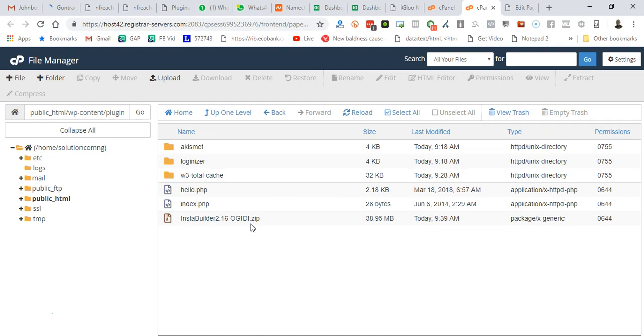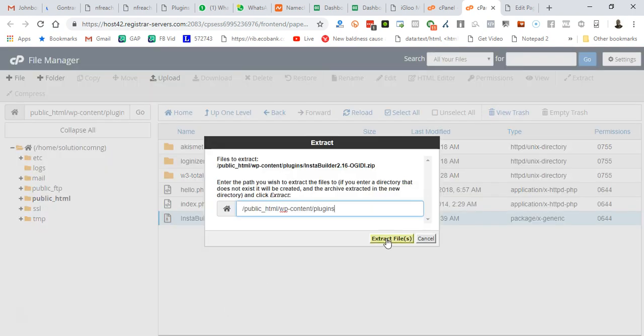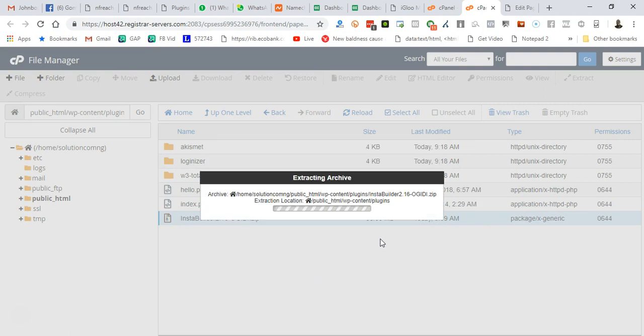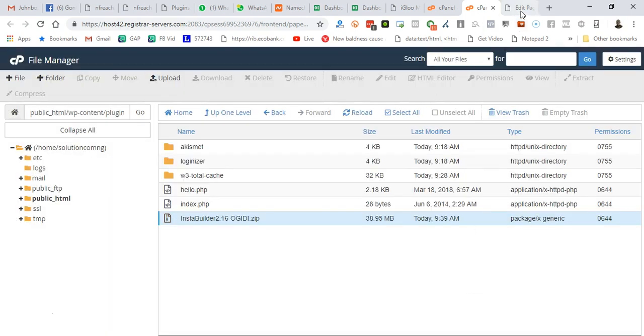You have to do one more thing here from your cPanel. Right click on this Instabuilder, click on extract. Don't do anything there, just hit extract files and wait. Once it's done extracting your file, you are good to go, right? It's done here, so just click close. Right now go back